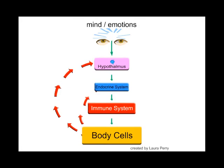Now, where balance and coordination are concerned, we cannot get away from what we call the central governing system of the human body. And I know we've talked about this over and over again. They are your nervous system, represented by the hypothalamus, your endocrine system, and your immune system, which in turn control your 60+ trillion cells. If we are going to be healthy, if we are going to be strong, and our focus is on building strength, we're going to have to focus on having a strong